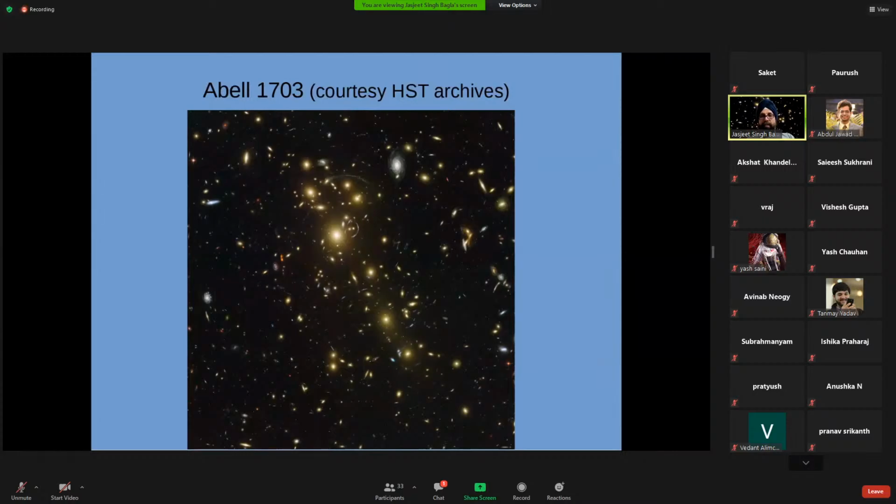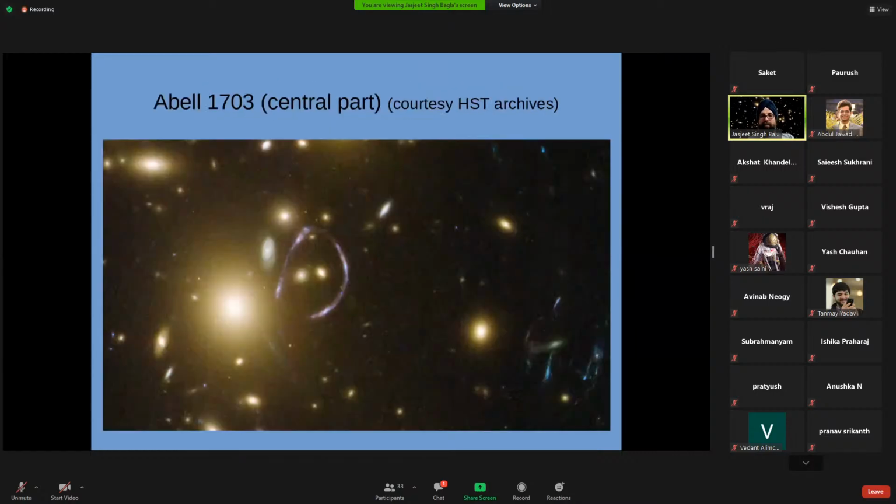Now notice that the one which is marked as umbilic is not near the center of the cluster. It is slightly offset. So I'll close up on this. So this is a 4-image system, which is probably an umbilic. The astronomer who identified this as an umbilic proposed that this is probably the only umbilic which will ever be seen in the sky. And this is where we disagree, because our calculations suggest that it should be seen more regularly as deeper observations become more and more common.